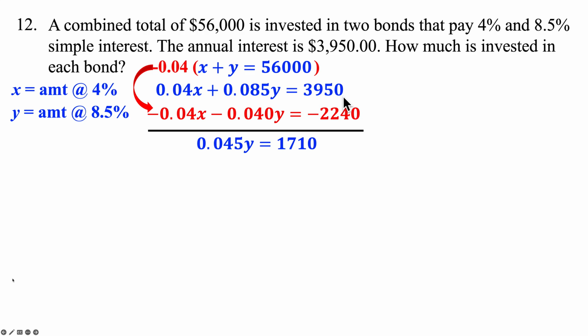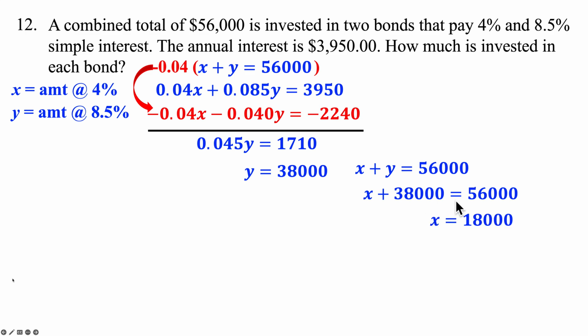The x's canceled. 3950 minus 2240, 1,710. Divide by 0.045. 38,000 was invested at the 8.5% rate. Then 56,000 minus the 38,000, we'll subtract it over. X is 18,000 at the 4% rate. And that wraps up